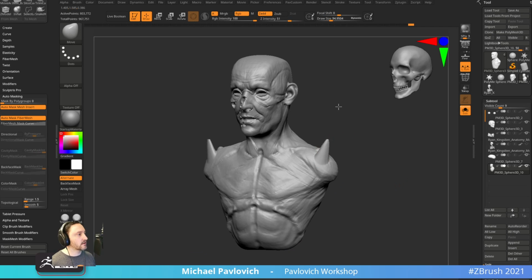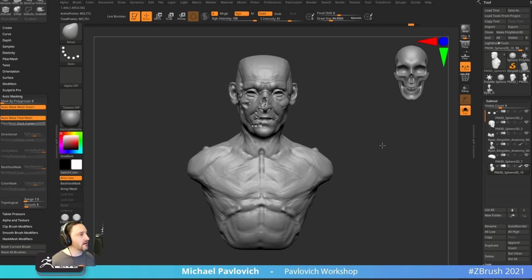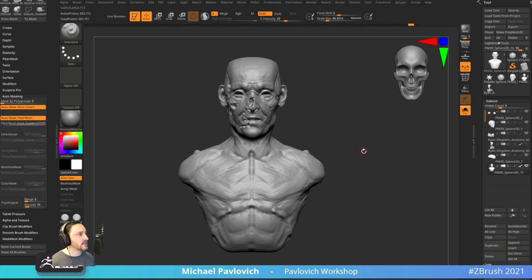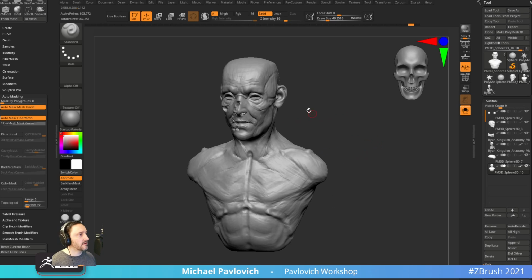So again, as long as we're not going to be doing anything crazy with our mesh, we can feel free to ZRemesh it. Again, X symmetry turned off. Unfortunately, I wish it was symmetrical, but it's no big deal. So we have this, and we could even,